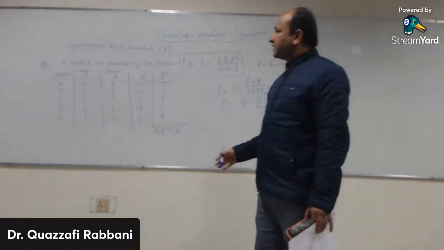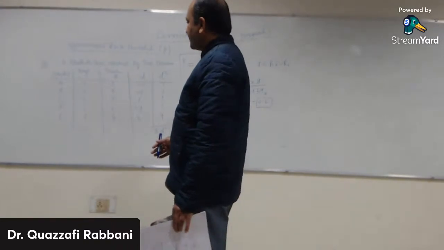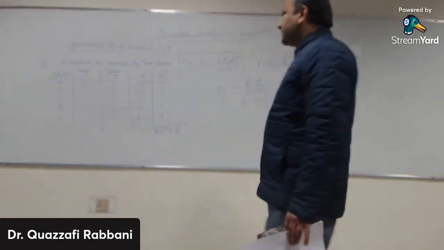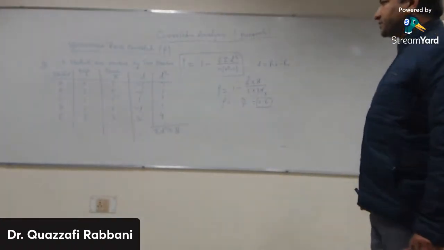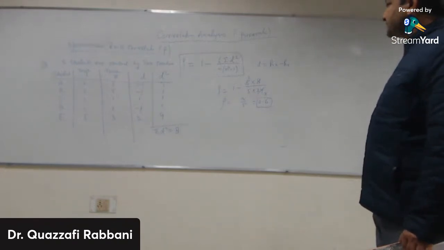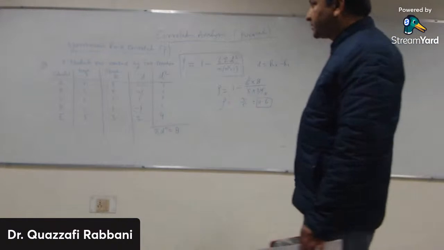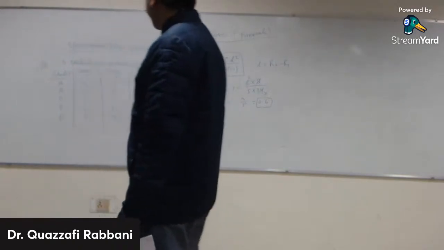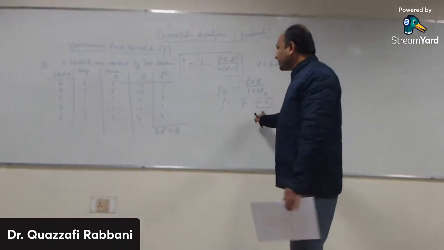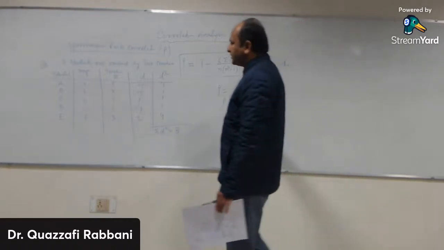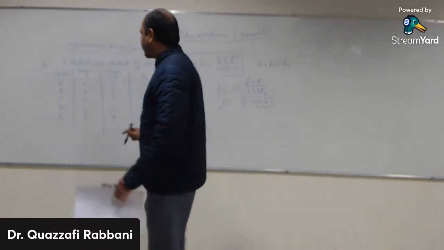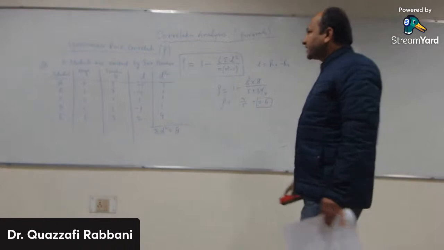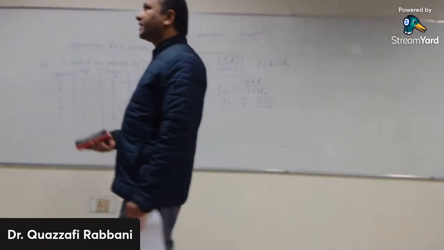So teacher 1 and teacher 2 have the same idea about the students. If one teacher says someone is good, then the second teacher also says that someone is good. Okay, so this is the correlation and this is the positive correlation. You can say the opinions of these two teachers are the same. Now next, if the rank is not given and we want to find the rank,